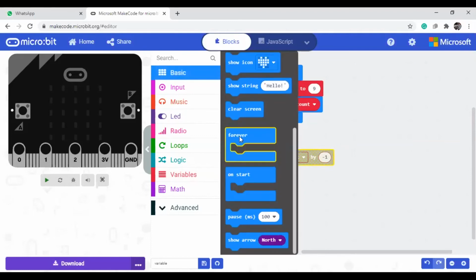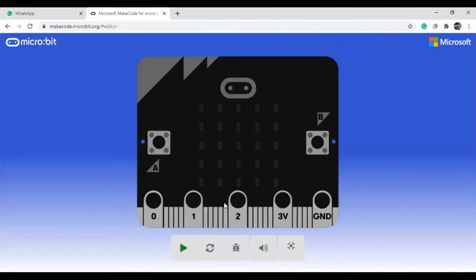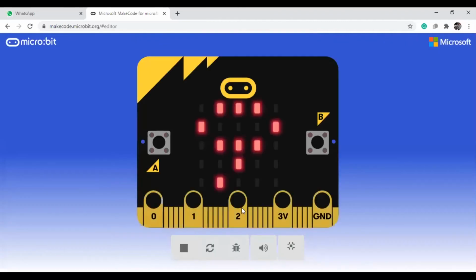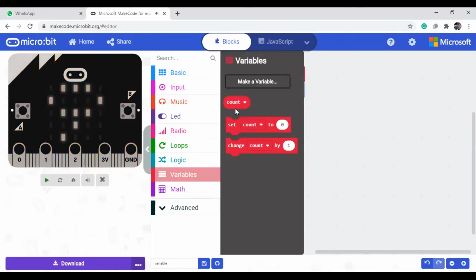Till now I know only the for loop block, so in the for block I will keep it. In the for loop I am placing the -1. Then later I want to display the value. If I play it, it will go to 9 only, but it is not showing the original number. So what can I do here? I will take the updated value, show number, and display the updated value.